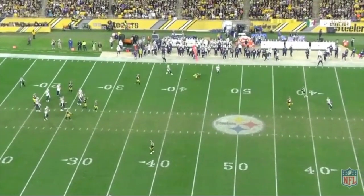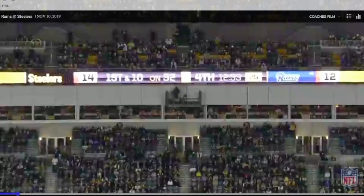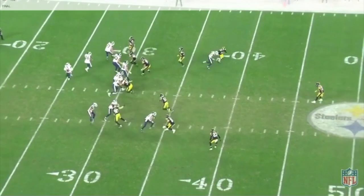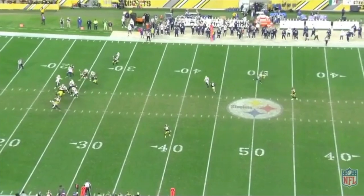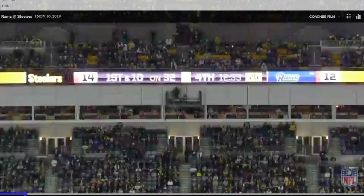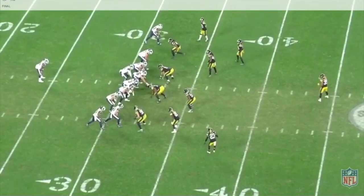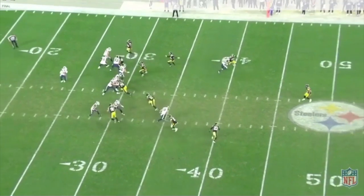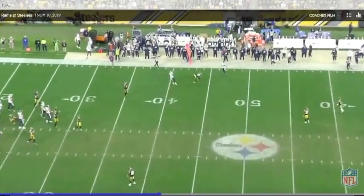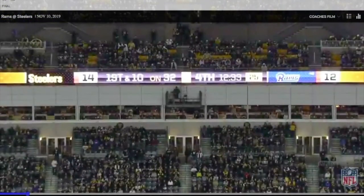And while Joe Haden might not have the speed and athleticism that he possessed in his early years with the Browns, he actually shows a great deal of speed here and also awareness. Once again, like we talked about in the Nelson video, it's no steps backwards. So we're going to check Haden off the snap here. No steps backwards, patient, quickly moves laterally once he sees Cooper Kupp declare, and goes into trail position across the